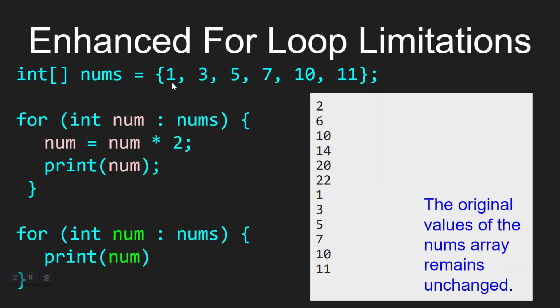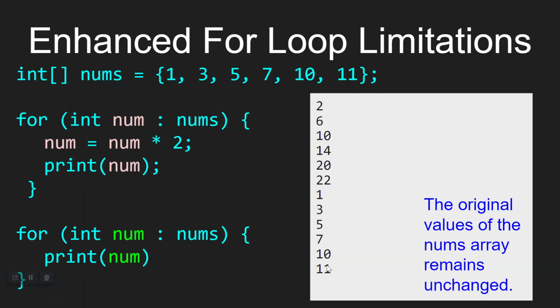So it takes our element number 1 and changes it to be 1 times 2, and then prints the 2. So we would see 2, and similarly, it would go through and multiply the rest of these inside this enhanced for loop. And it would print 2, 6, 10, 14, 20, and 22. But then down here, when I loop through my array of nums again, with just printing the values, you'll see